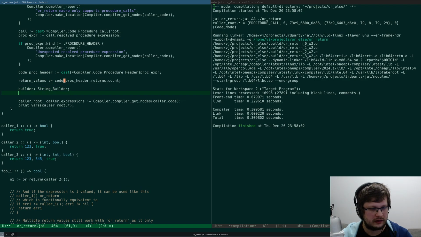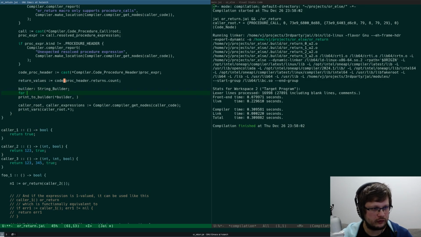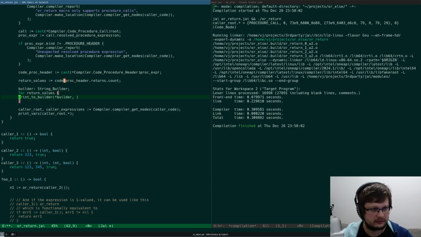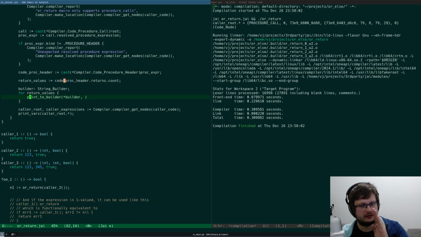Then we do for return values. We do them comma separated.